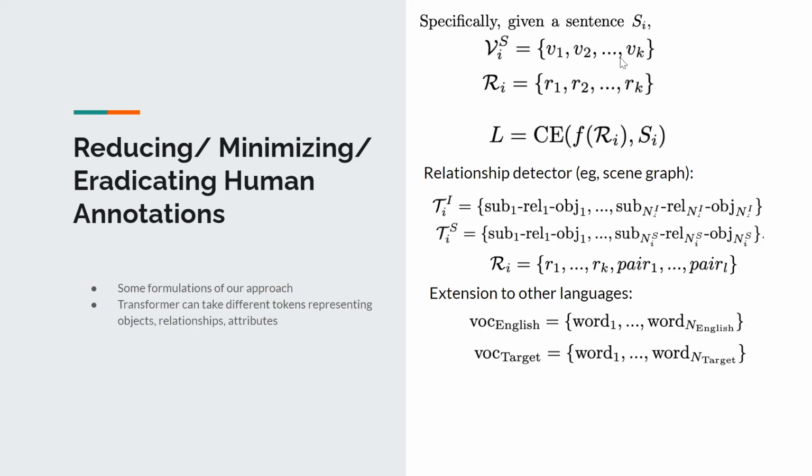We can also do this with not just objects. If you know how to detect relationships in a sentence, and you have a relationship detector in the image, such as a scene graph, like you know that a man is riding a bike. You know the man and the bike have a relationship, and the sentence has that. Then you can use that relationship to mine these objects too. Forget all the math, but that's what it is.